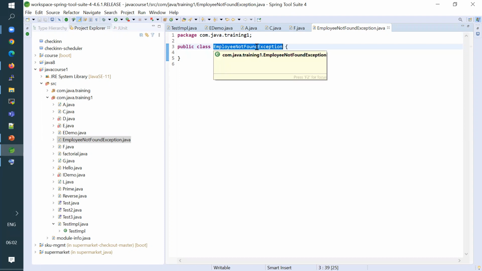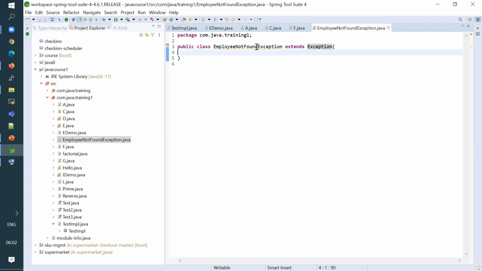EmployeeNotFound is not really available in Java. So to make use of this, I have to extend the Exception class, the base class, and apart from extending this, I need to create one constructor.